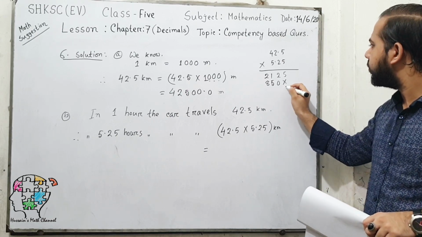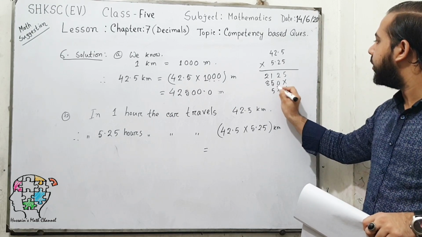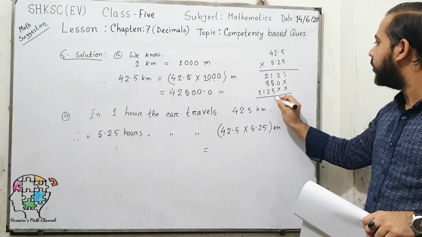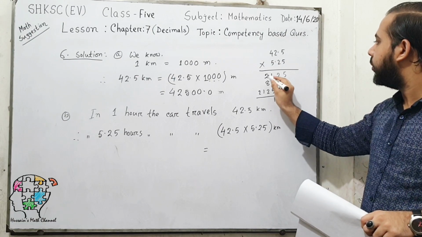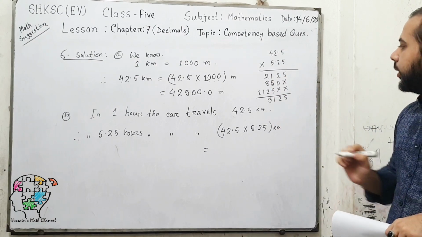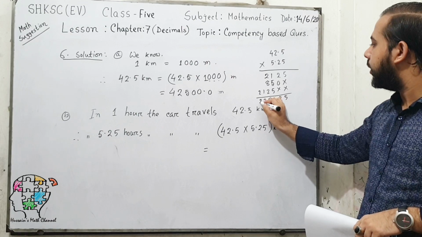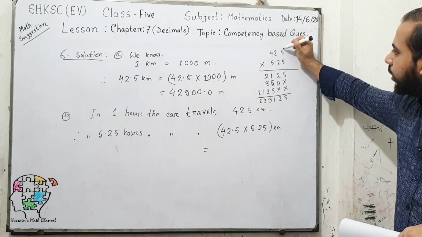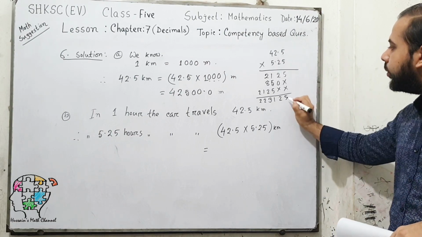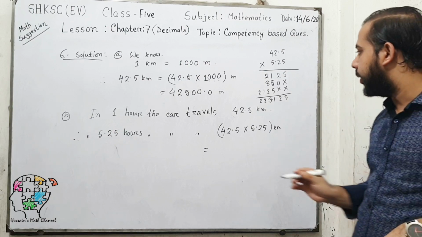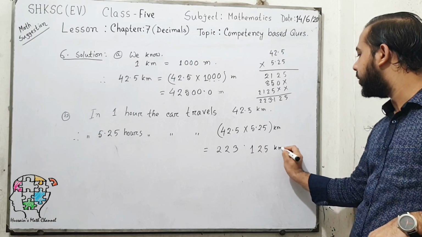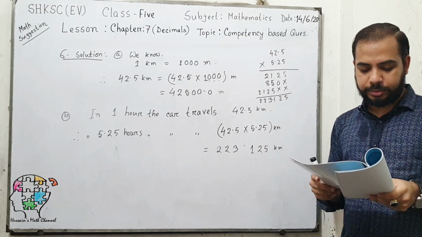Now put 2 crosses here and we will get the first one, 5 2 1 2. If we add, 2, then 1 plus 1 2, 2 plus 1 3, 3 plus 11 is 14, 1 plus 2 3... we get the sum. And you notice that there are 3 digits of decimal, 1, 2 and 3. So we put the decimal after 3 places, so the answer will be 223.125, which is our answer. So we complete question number B.